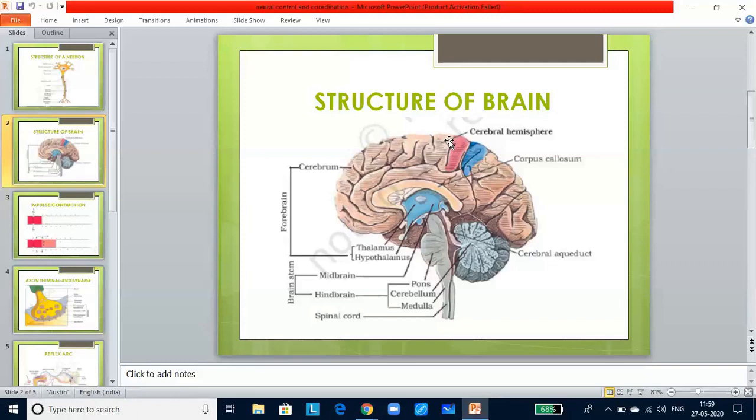Cerebrum is the largest part of the brain, covered by the cerebral hemispheres. The roof of the cerebrum is the cerebral cortex. Cerebrum leads to consciousness, storage of memory or information. Thalamus is for integration of sensory impulses sent from sense organs like ears, nose, and skin. Thalamus deals with pain, pressure, and temperature.